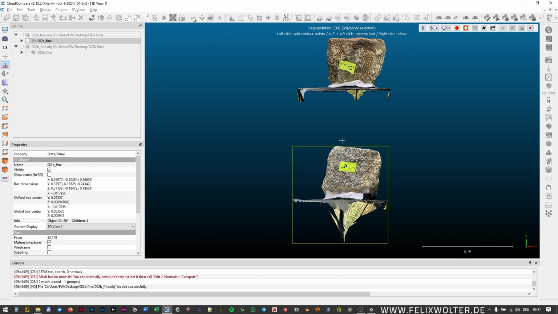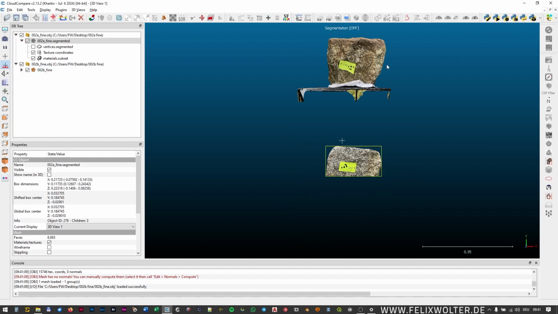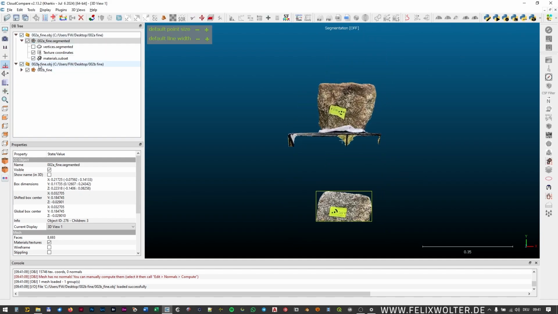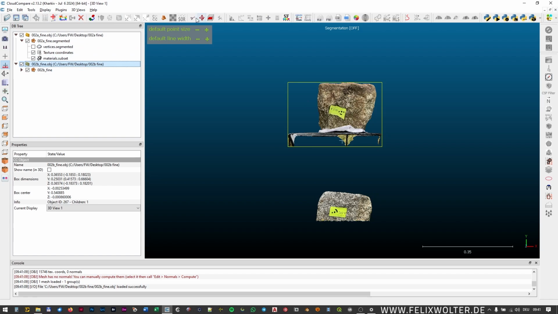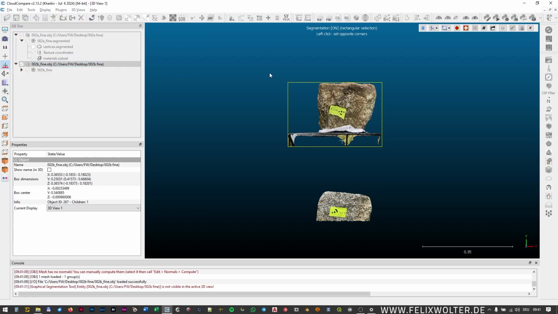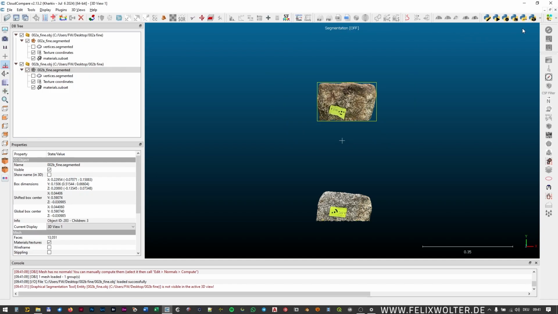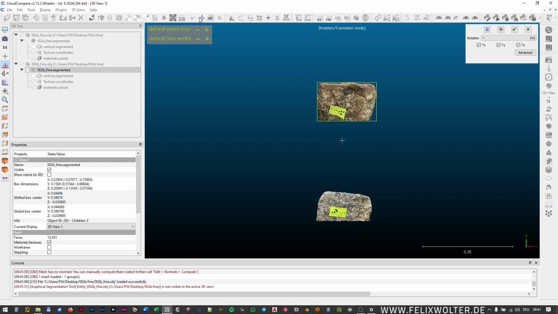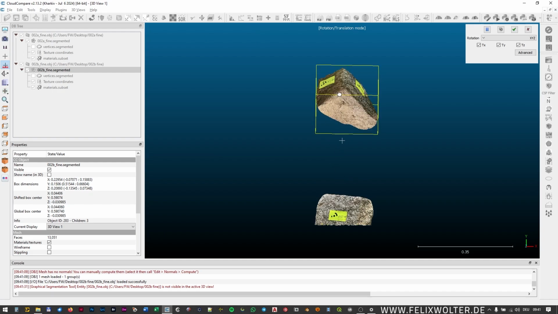So first of all we have to crop it to the actual part of the model that we want to keep. This we do like this, and then the same thing for the other side. With the scissors tool, we select the part we want to keep, we apply the selection, and we delete the unselected part. And number B is oriented the wrong way, so we use the transform tool, and we rotate